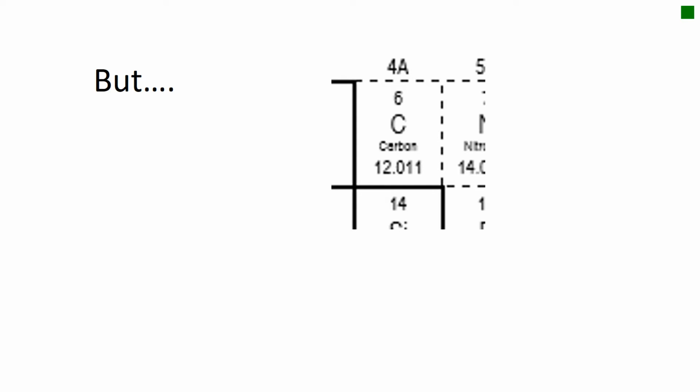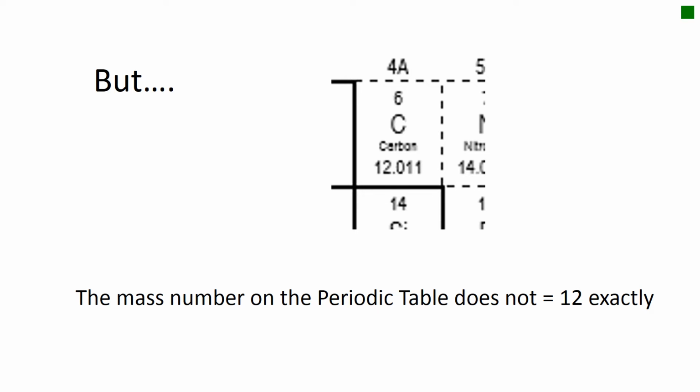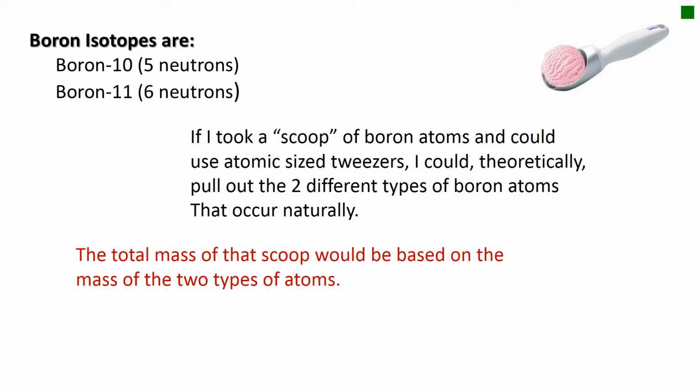When you look at carbon, for example, we see carbon is 12.011, but carbon has 6 protons and 6 neutrons. How can that be? Well, it's because of the numbers of isotopes that are present in carbon. So the mass number on the periodic table does not equal 12 exactly because we have to take into account those isotopes. So if I took a scoop of boron atoms, I could actually get a pair of